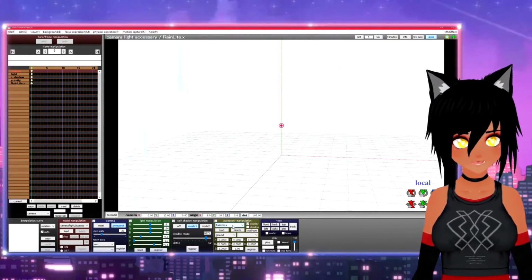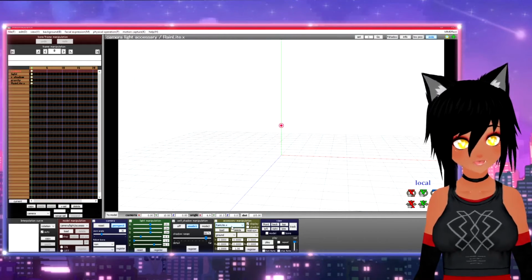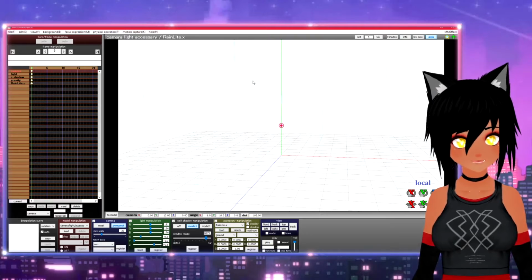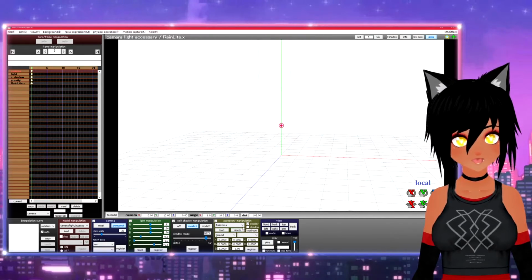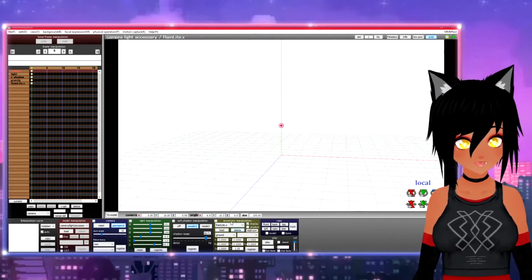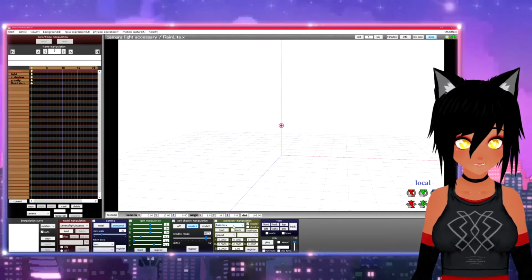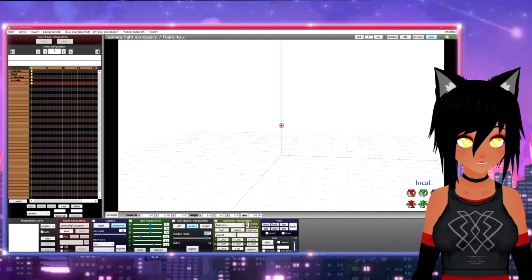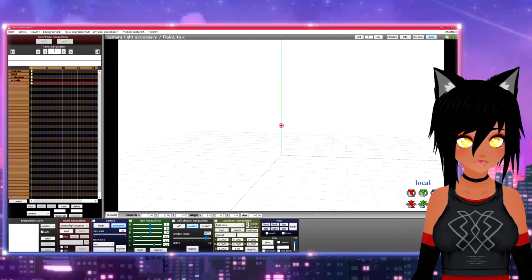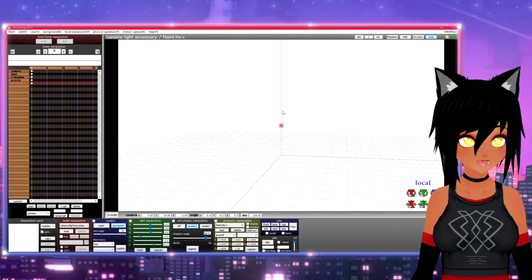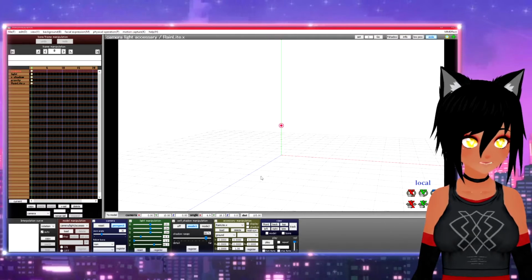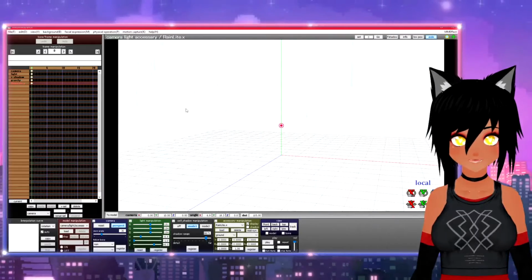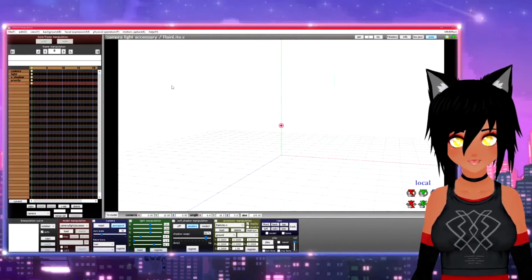But there's all kinds of different stuff. It could be glowing lights. Like if you want to make your character's eyes glow or set them on fire or something like that, you do that down here. And you can click this to display it on and off. You can do that to either just hide it from view to make it easier to see other stuff in the scene, or you can actually have it set to turn on and off during an animation.